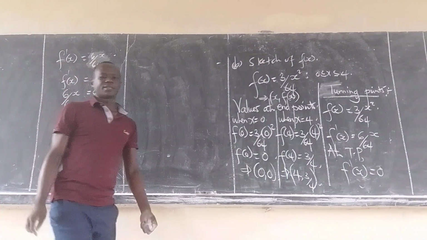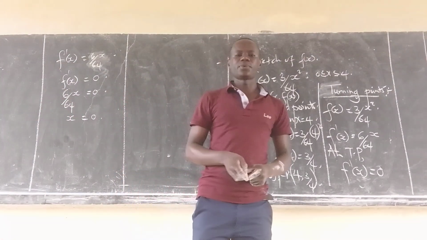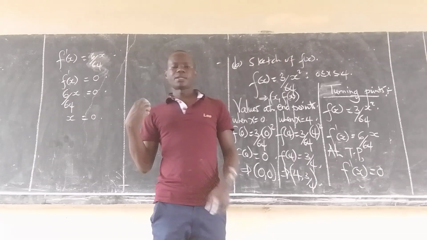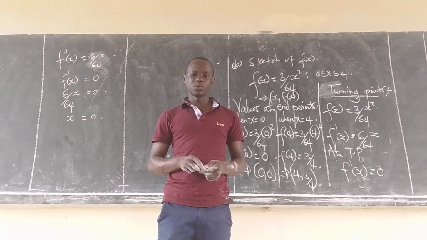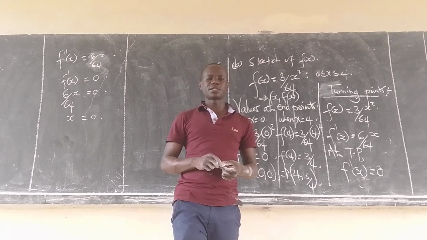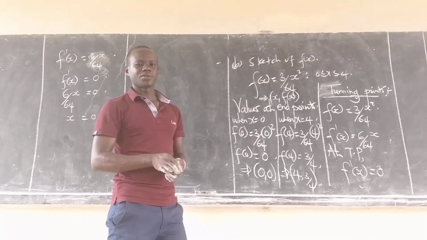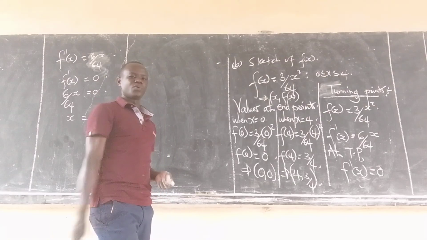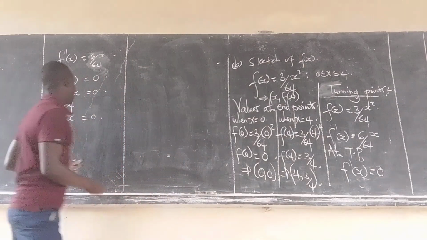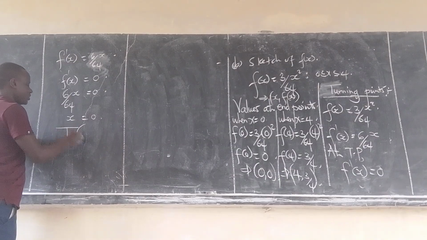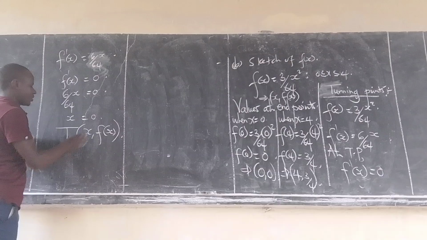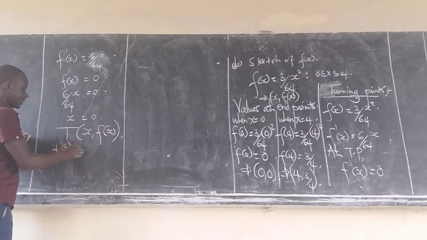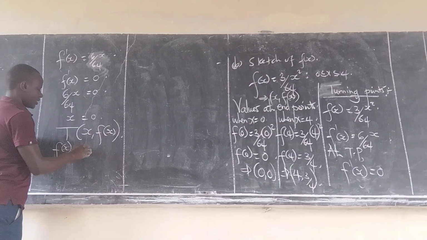After getting the x-coordinate of the turning point, we also agreed that you get that x-coordinate of the turning point and you substitute it in the original function. After substituting it in the original function, you get your y coordinate. That would be the y coordinate of the turning point. Now our turning point must be in the form x, f of x, but we have this already. We need this. So our f of x is 3 over 6